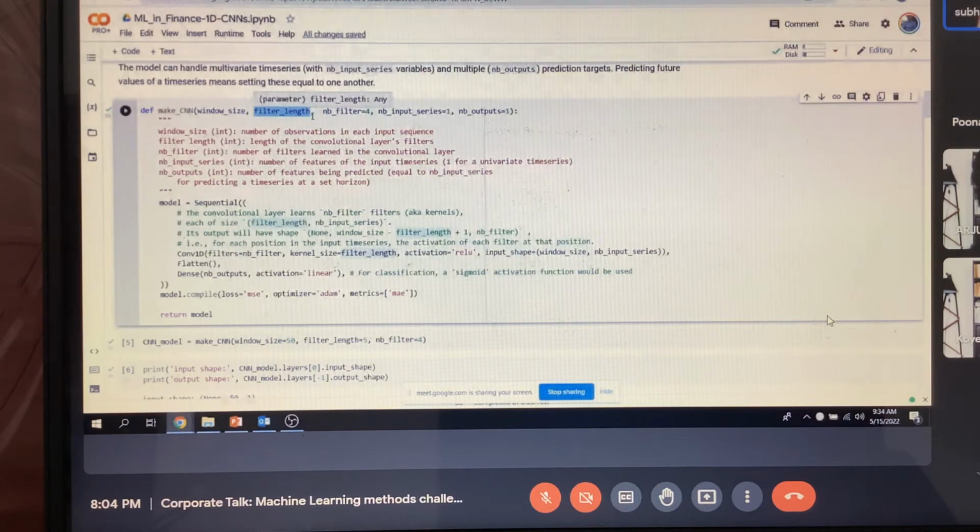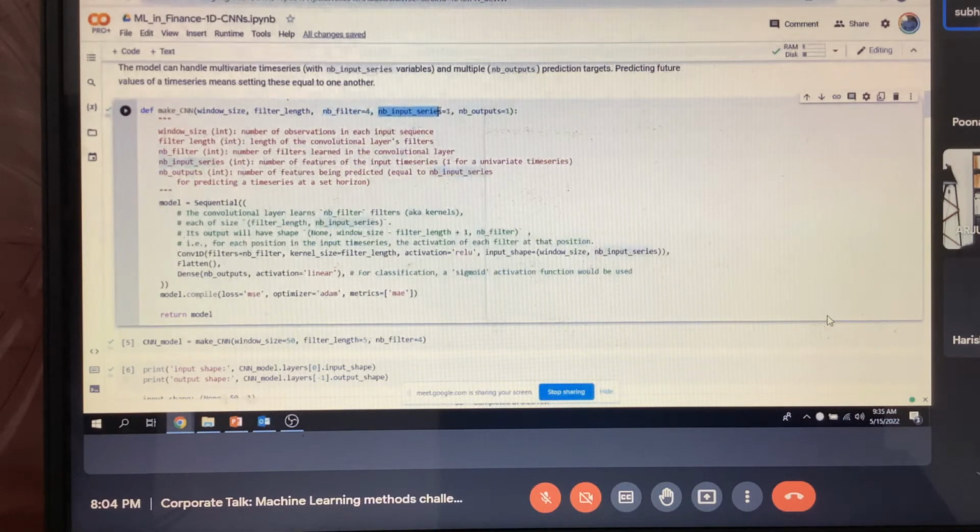What is the filter? We apply another matrix on the data matrix, the window matrix, and you multiply them and get a new product. We multiply them point by point. The process of multiplying these two, the filter and your data, we call convolution. We convolve it. And suppose we have 4 filters in this case. It is defaulted to 4 here.